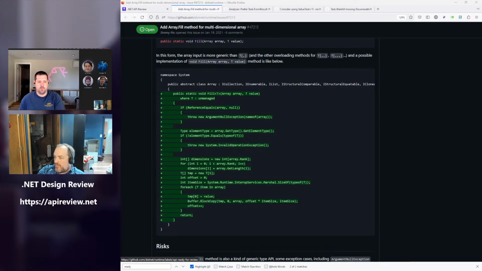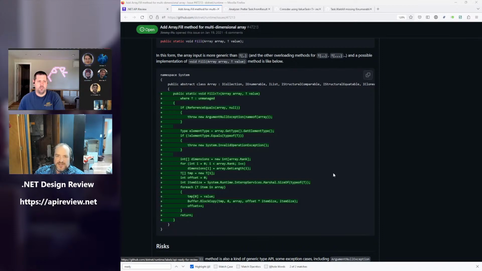That way it's not picked over the other one. Can we just add overloads on the various arities? I mean, current array.fill has to be called statically. I don't think it's an instance method. Right, it's array.fill.